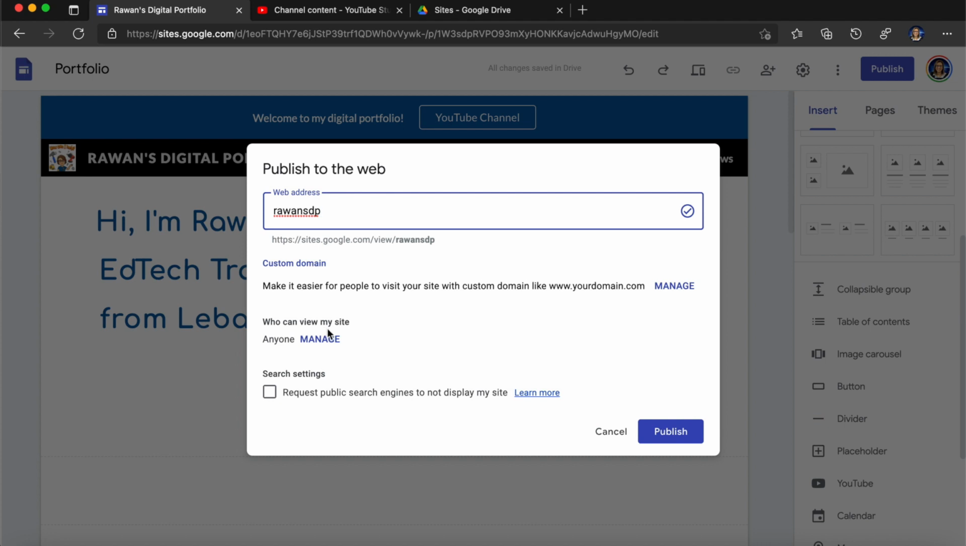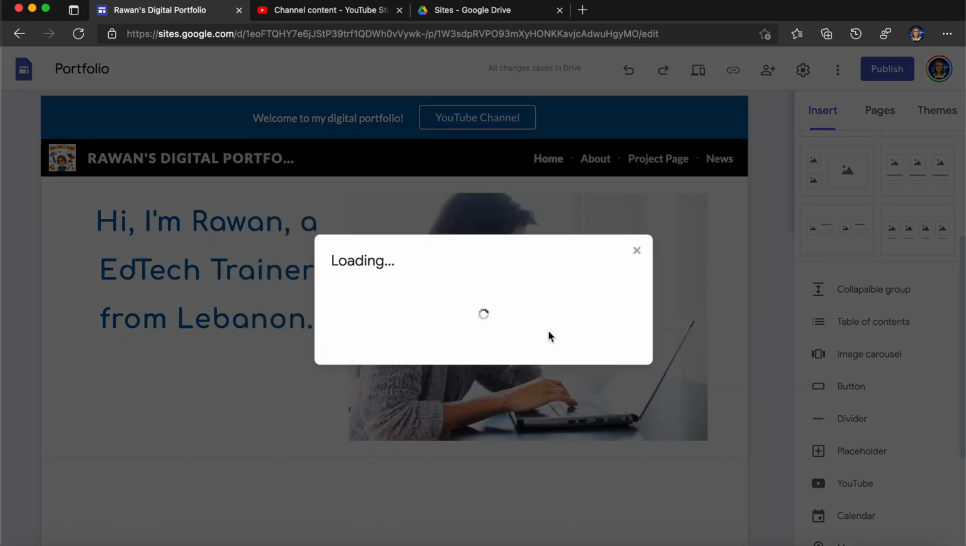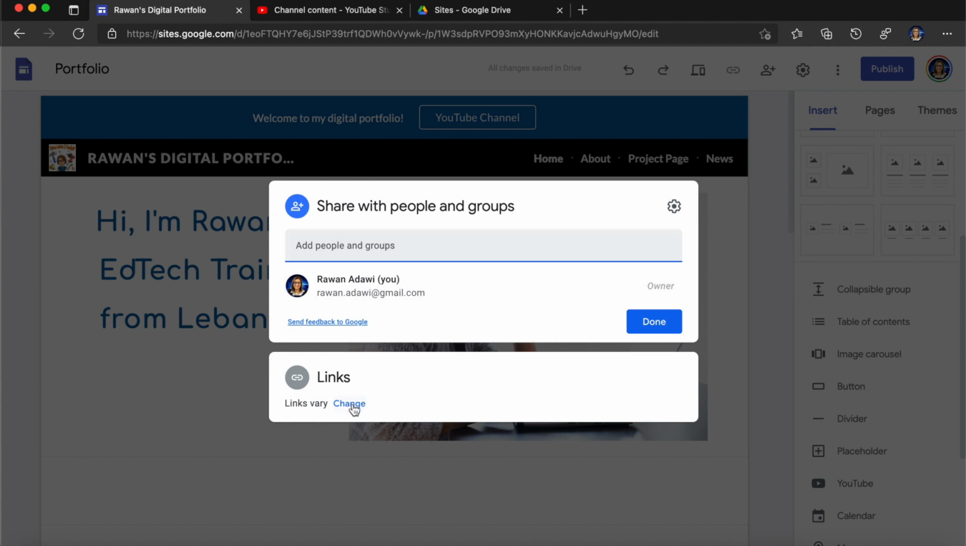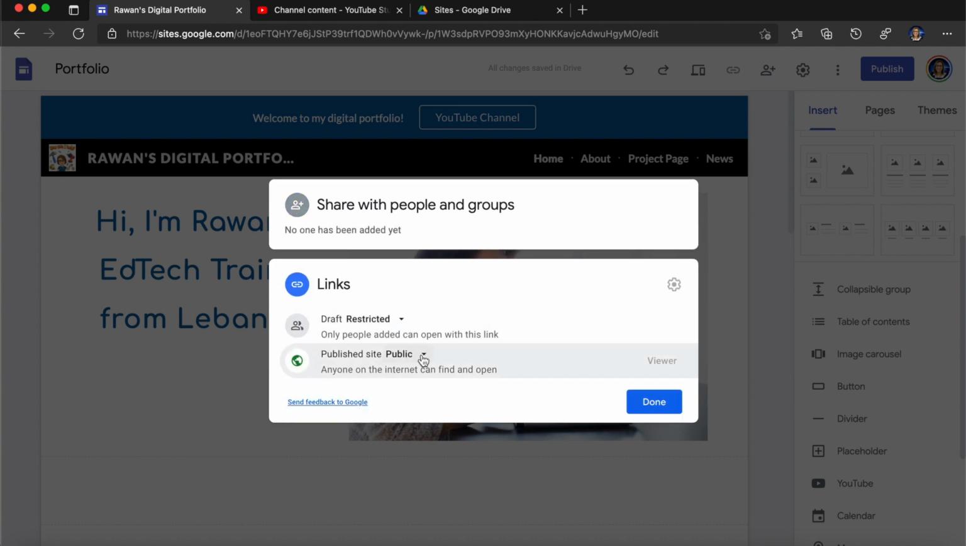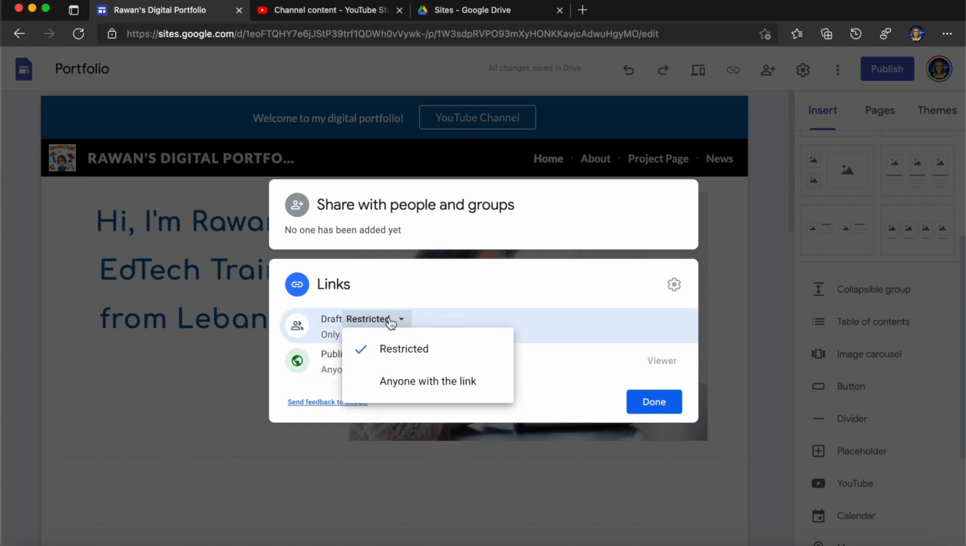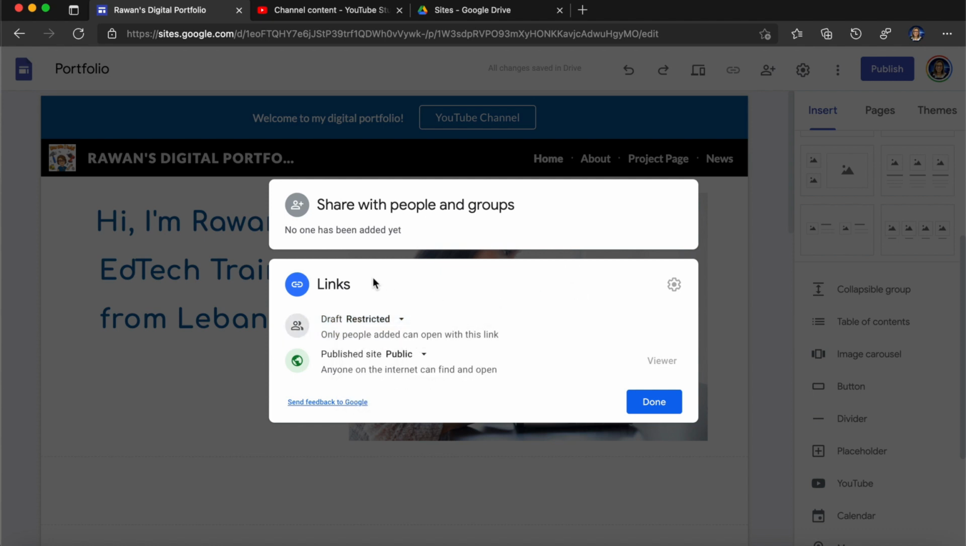Now, who can view my website? Let's see. Anyone? I can manage this and choose to change this and make it only restricted, which means only me or people I invite, or I can remove the link completely and unpublish it. The draft could be for anyone to see it, probably, so you choose what you want to show and click